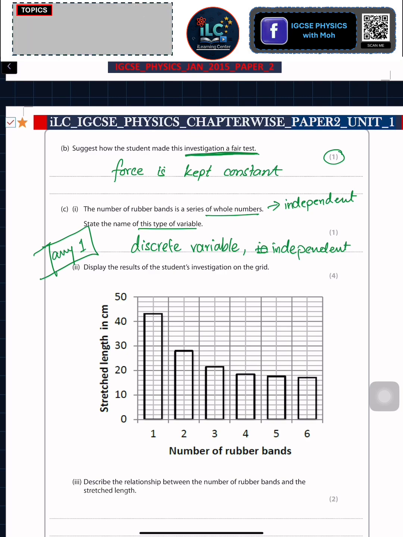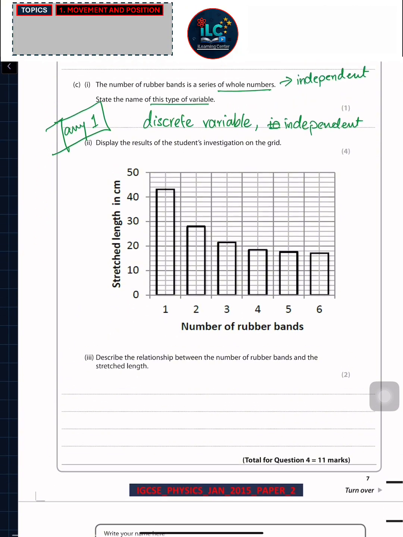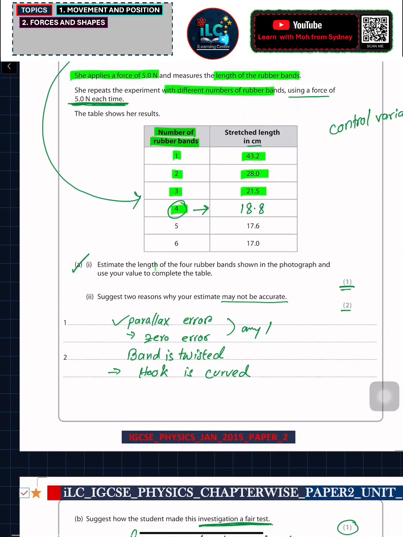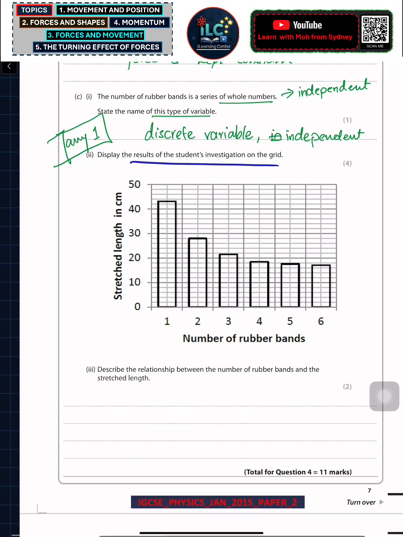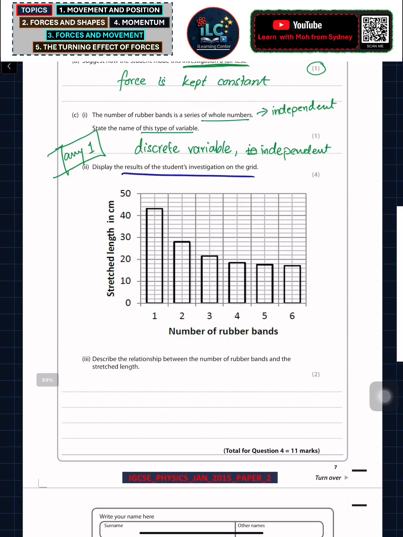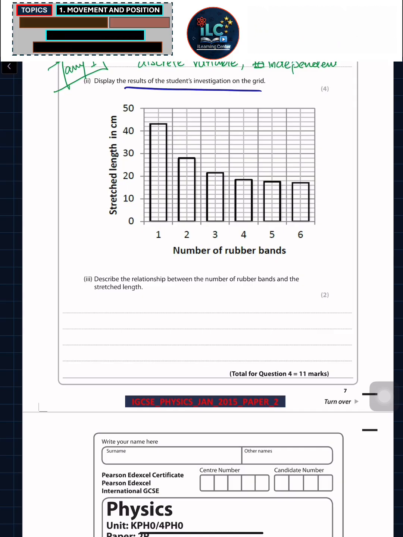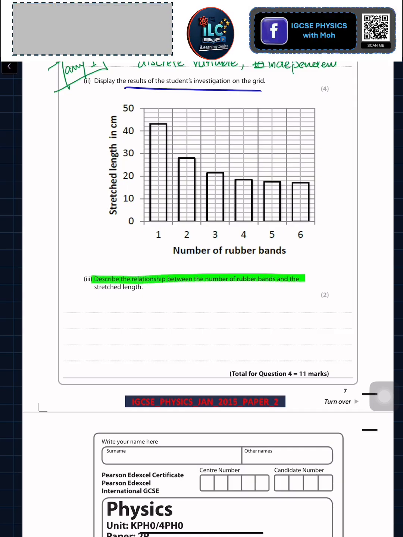So next question here. It was asking you to draw a graph, display the graph. So I've taken all the results from this point and I have plotted a graph here. The graph looks like this. And then in the last part, they ask you to describe the relation between the number of bands and the stretch